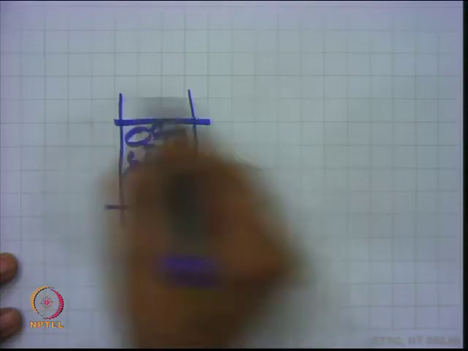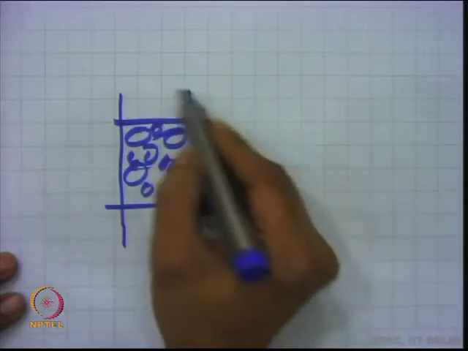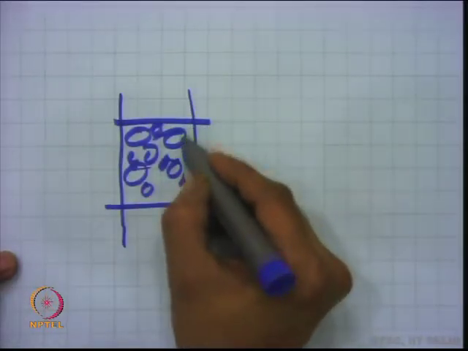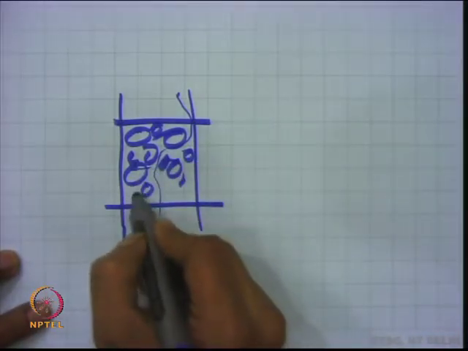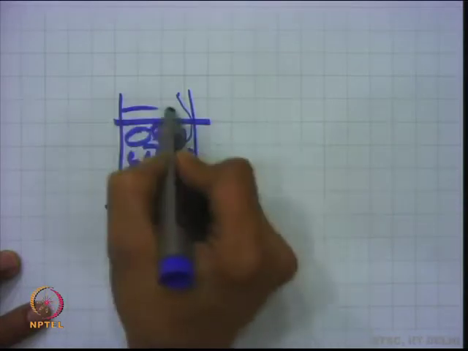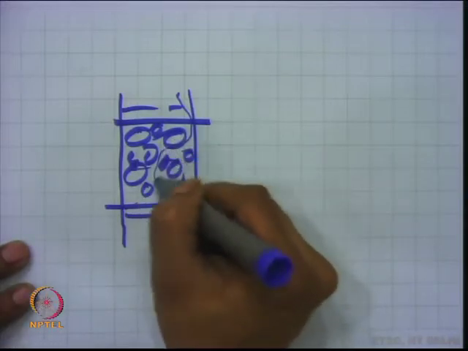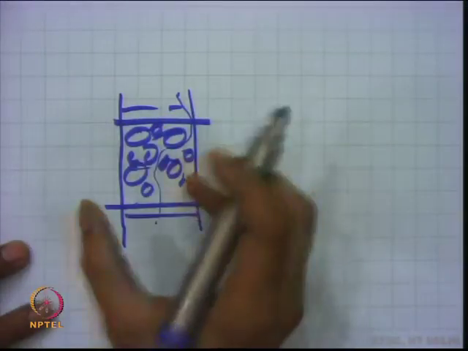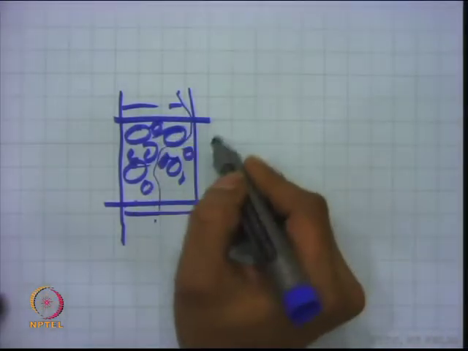You have to ensure that there is a proper distribution, so that there is no channeling. Channeling may happen when the gas passes through the bed like this, and this is to be avoided. So, a sufficient amount of inert is to be packed from top and bottom, and you need to look at the size of the particles also. These catalyst particles should be mixed with a sufficient amount of inert, especially when the reaction is endothermic or exothermic, so that the heat is dissipated. So, depending upon the type of the reaction, one needs to look at this in the design also.